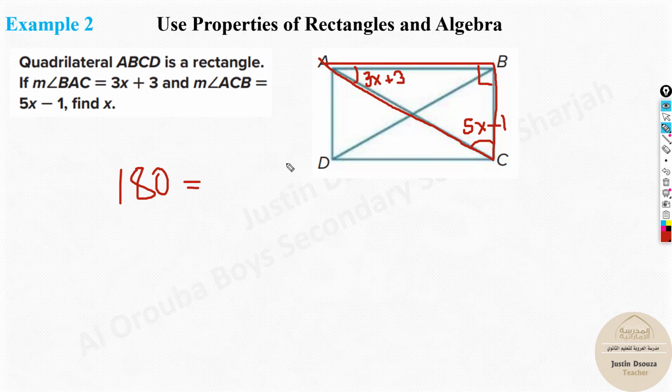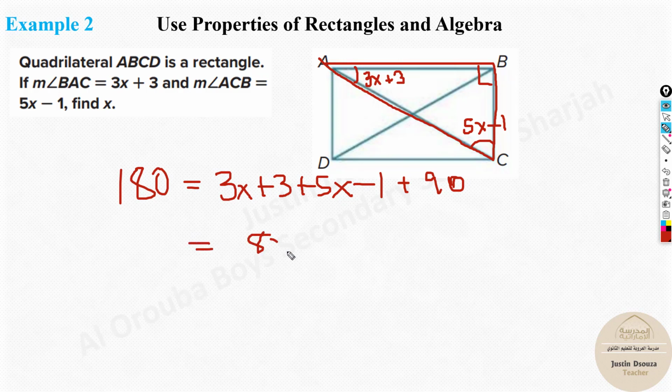That is equal to what? 3x plus 3 plus 5x minus 1 plus 90. And now solve it. You can just use the calculator directly, or let's do it. Over here, 2x plus 5x is 8x and 3 minus 1 is 2. 2 plus 90 is 92. 180 over here. Take 92 to the other side, it will be 90 minus 2, that will be 88, and